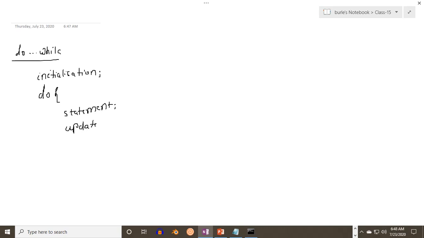As I said, updation is not compulsory here, so on the later part of our discussion I will show you how updation can be placed as the first line. Then here you have to place while condition.